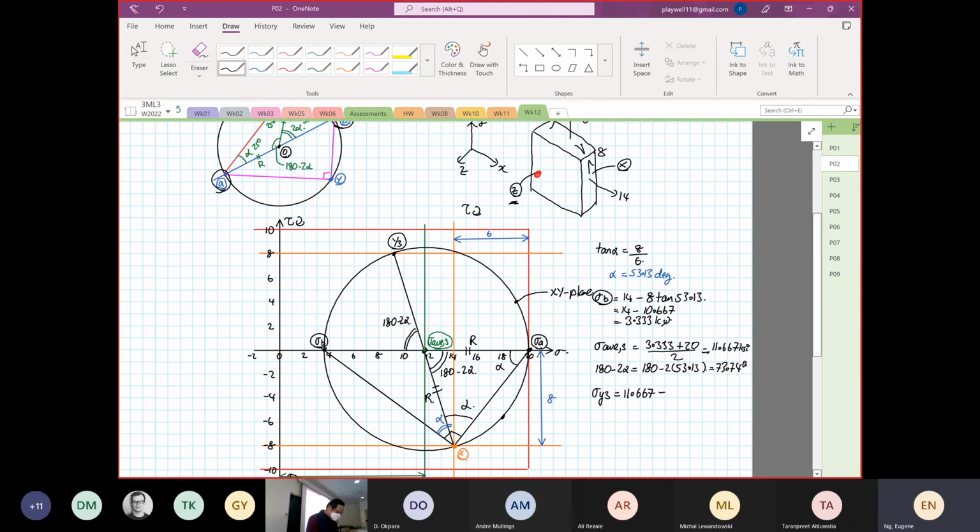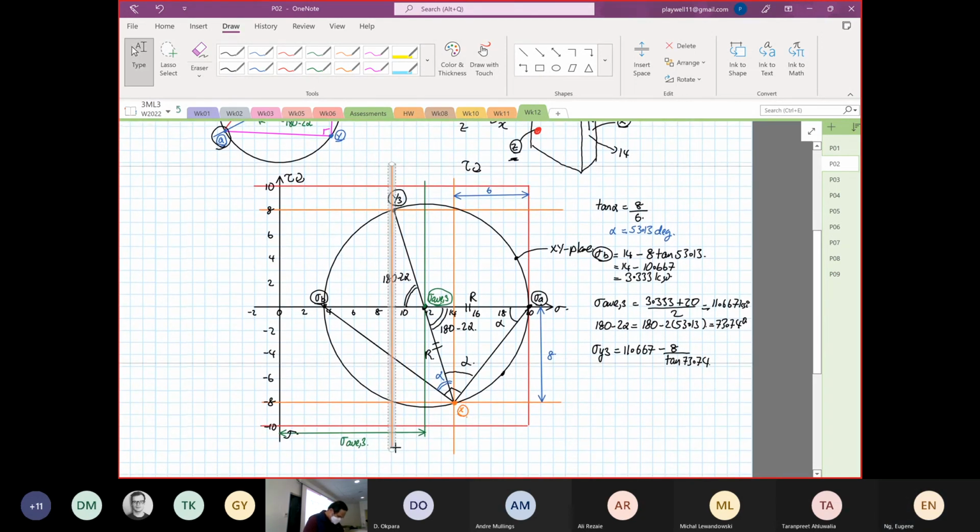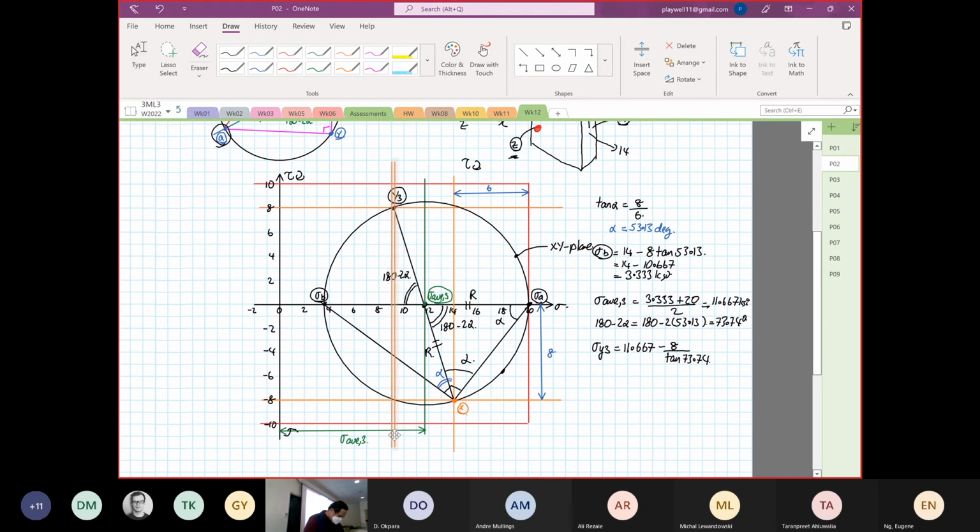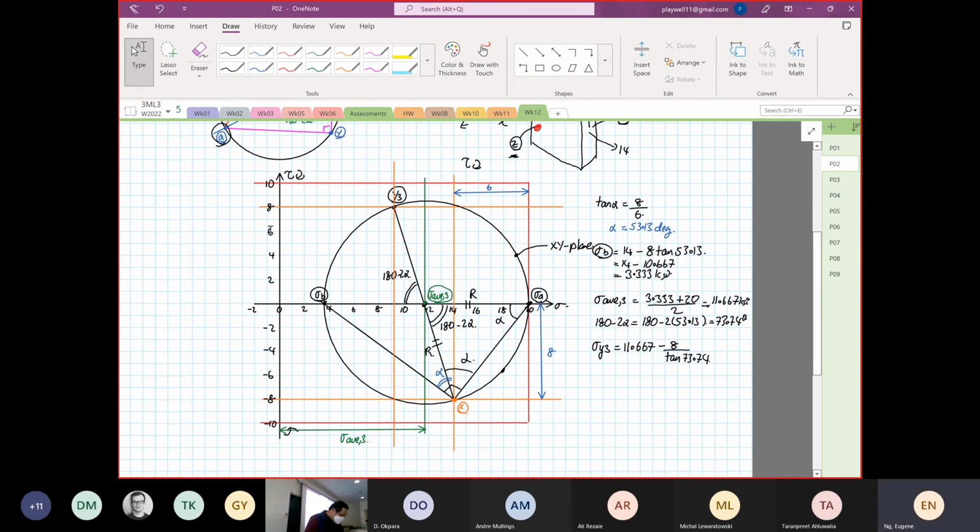Minus 8 divided by tangent 73.74, because I was focusing on getting that distance away. Okay. So why do we take that distance over there? So we know, okay, we know from here, we know the distance